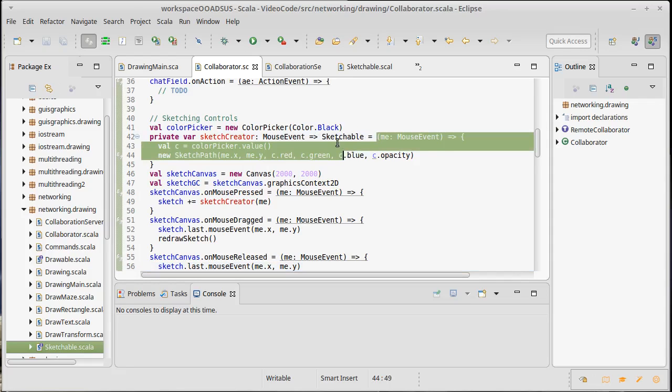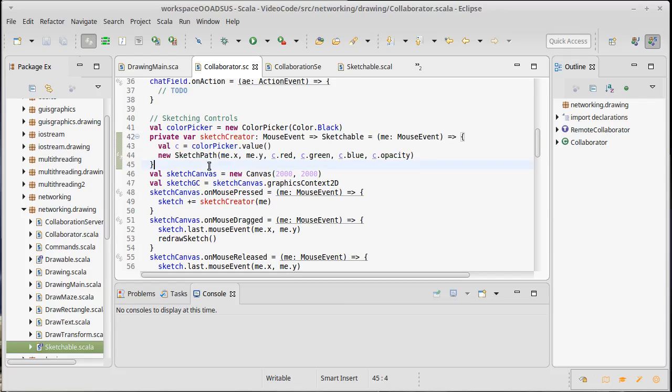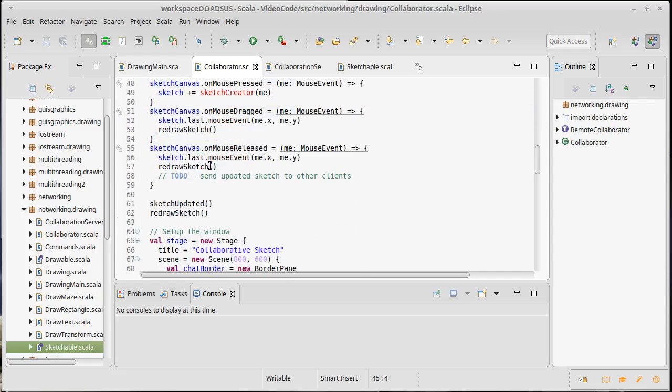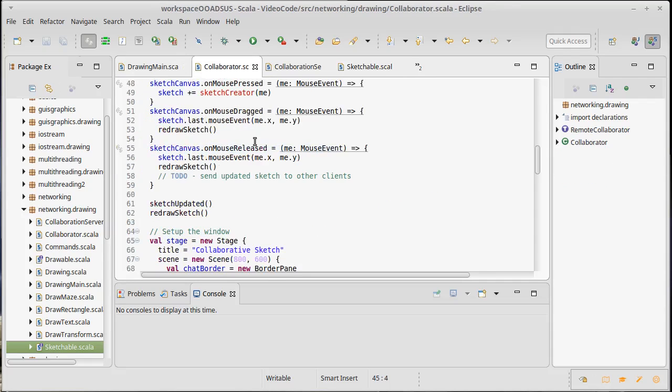And in some ways that should almost make us happy, because that implies that once you have something written that is single user, if you've kind of thought about the fact that it needs to be networked, it might not be too hard to network it using RMI. We need to add in a few more things. So we left off with the ability to only use our first type of sketchable. We have a sketch path, but